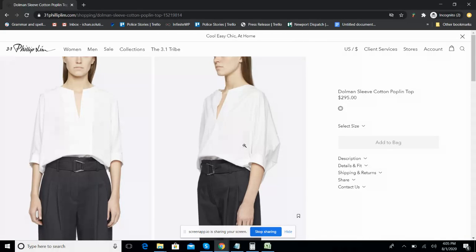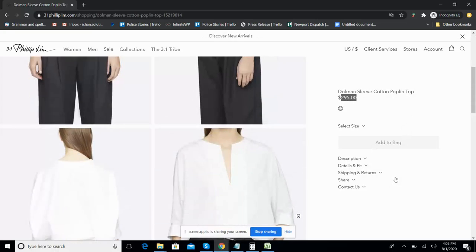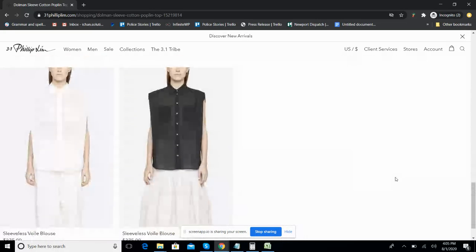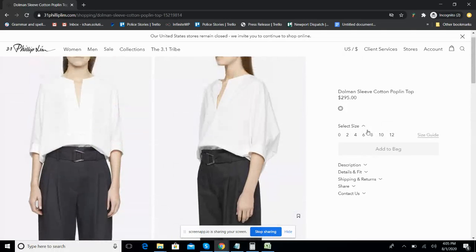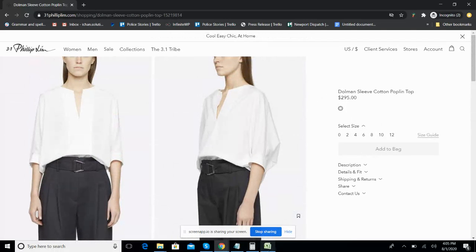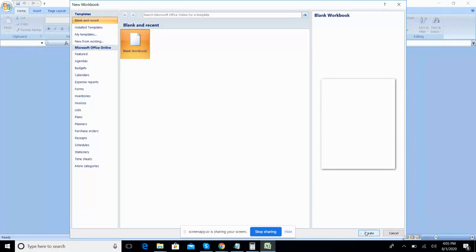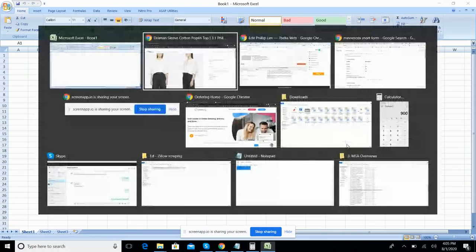We normally need the product title, product images, product price, and any sizes information. Some of the products have a size, for example, 0 to 18. So we need that information. I can show you right now how to upload the product using spreadsheet mode.